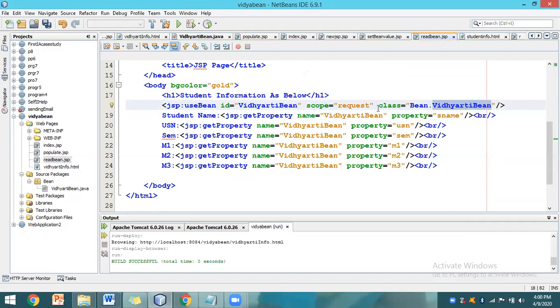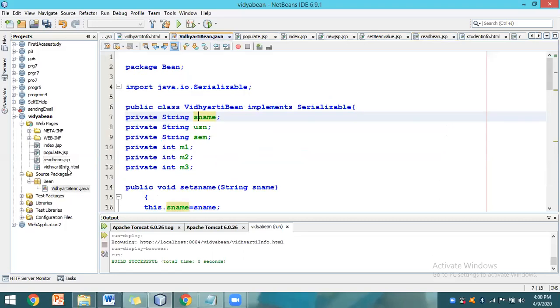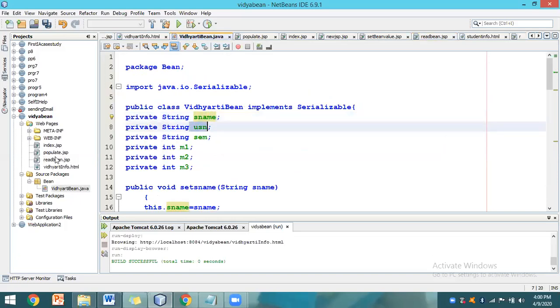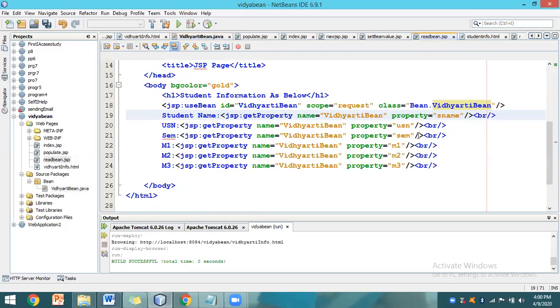It reads the properties of this VidyarthiBean using get property. What is the property name you defined in this bean? sname, so it should match sname. Similarly USN, SEM, M1, M2, M3. You are fetching that information here using readbean.jsp.